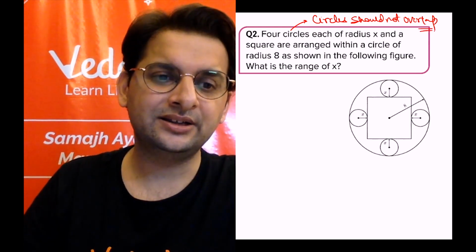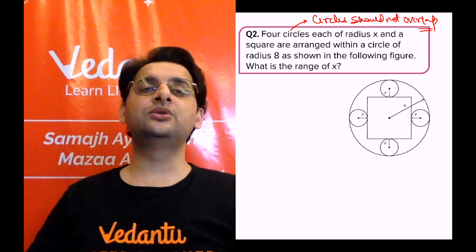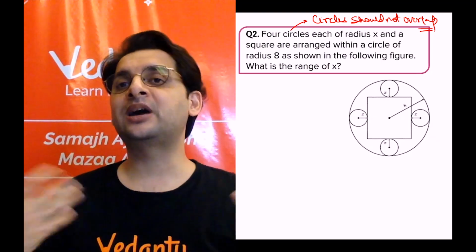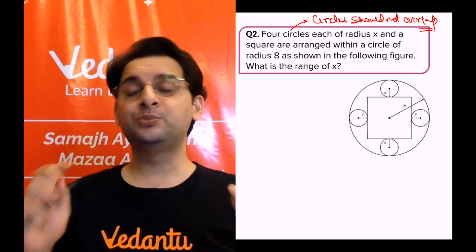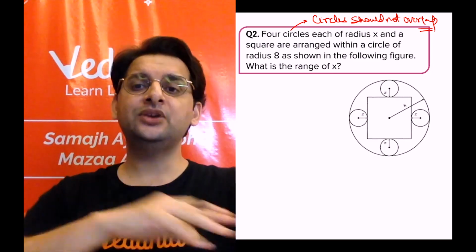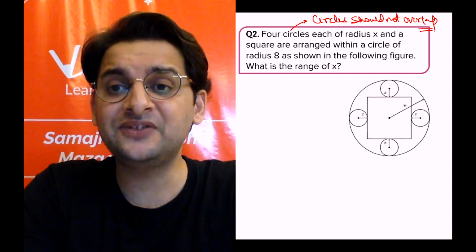Right. So again, this might not be a direct application, but it is an application of those theorems that we did, and an application of their proofs. That is why we say the proofs are very important. So let us try to find the value of x or range of x. The question is to find the range of x.